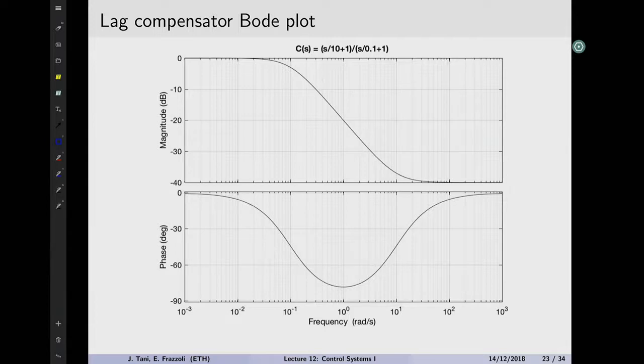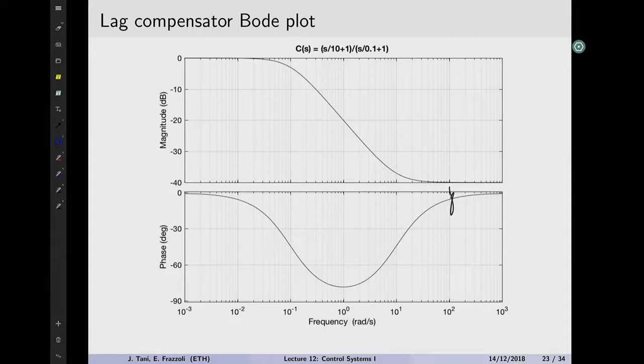So it's a way to shape the magnitude of a part of your open loop transfer function at low frequencies while leaving unaffected the high frequencies. The price you pay is a phase delay. So the skill of the control system engineer while doing loop shaping is now to make sure that we are adding the right magnitude contribution at low frequencies to get better load, better disturbance attenuation or reference tracking, and trying to make the effect of this lag die off before the critical point, before the crossover frequency, where it's actually the only point where we go and measure the margin of phase,